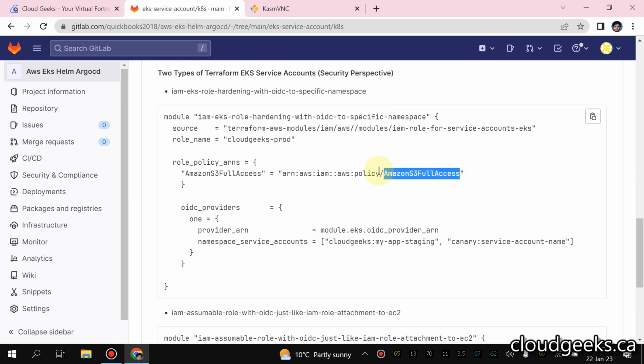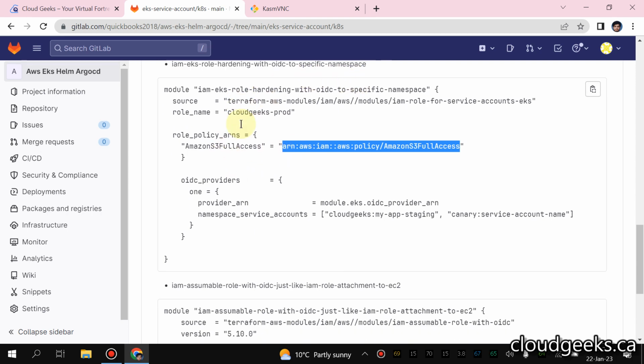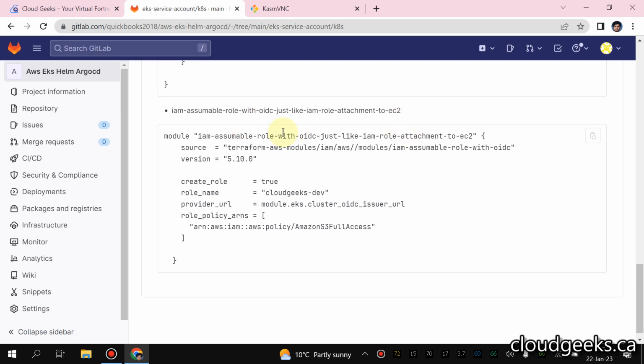For instance, here I defined AWS S3 full access. So if our pod is deployed in a particular namespace, for instance, in the Cloud Geeks namespace, and if that particular pod has the service account with this name, only that particular pod has access to this policy which we have defined here. So this is one thing which we are going to set up, and the other thing is the